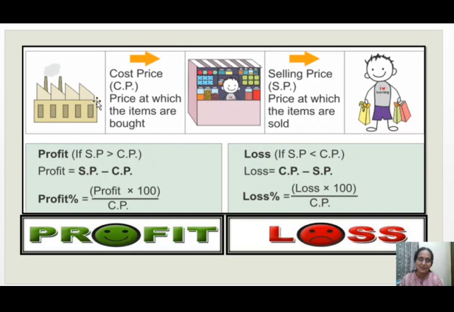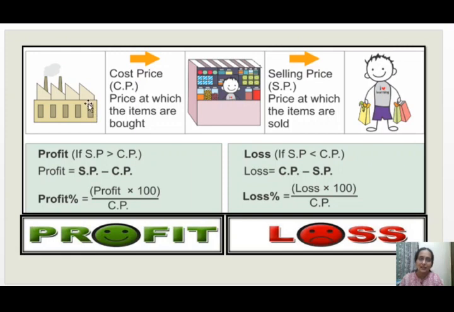When you are selling the goods, if you get gain, it is profit. When you are selling the goods, if you lose money, then it is loss. So what is cost price? The profit and loss has to be compared with cost price always. Which amount will we consider as cost price?